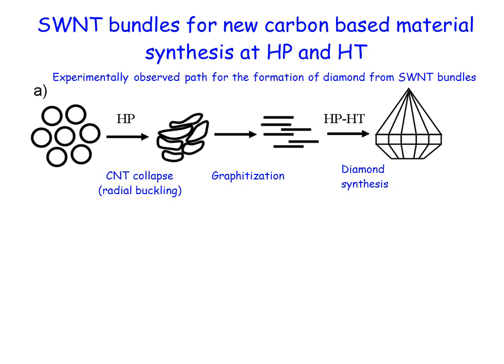I'm just going to give you an example of the engineering that can be studied with the diamond anvil cell. We have seen that with high pressure, carbon nanotubes can collapse. That is a radial buckling, and the pressure depends on the radius, and can need the use of a diamond anvil cell to study it. If we continue applying pressure or combining pressure and temperature, then these deformed tubes are going to be broken, and we get a graphitized sample,